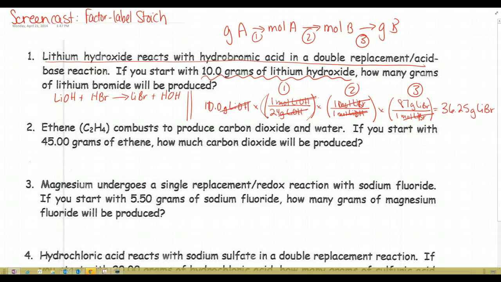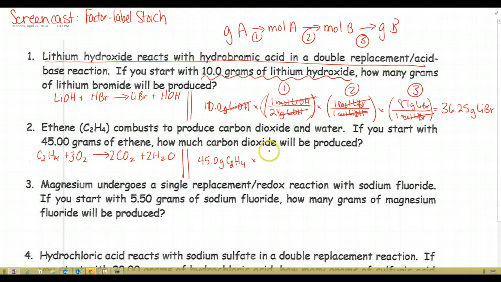So let's do another example. Ethene combusts to produce carbon dioxide and water. C2H4 combusts with oxygen to produce carbon dioxide and water. Balancing this out, I'm going to start with my carbons. I have 2 on that side. Hydrogens, I have 4, so I'm going to put a 2 there. Now I have 4 oxygens plus 2 oxygens is 6, so if I put a 3 there, I'm balanced. Starting out, I know that I have 45.0 grams of ethene,